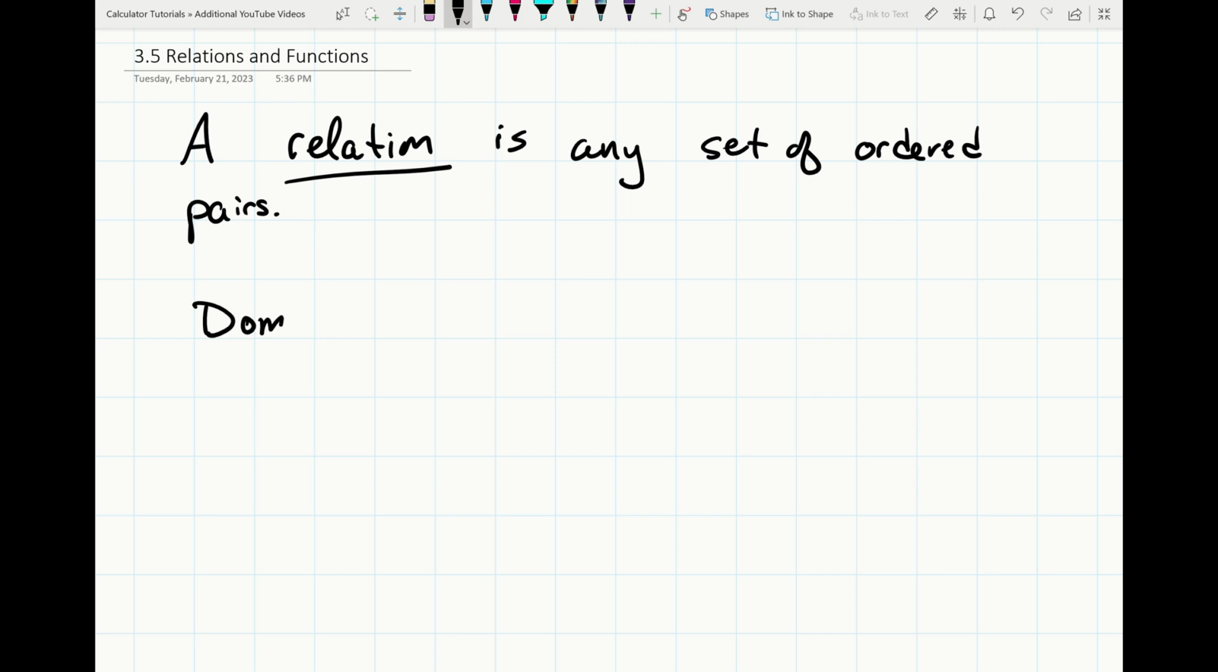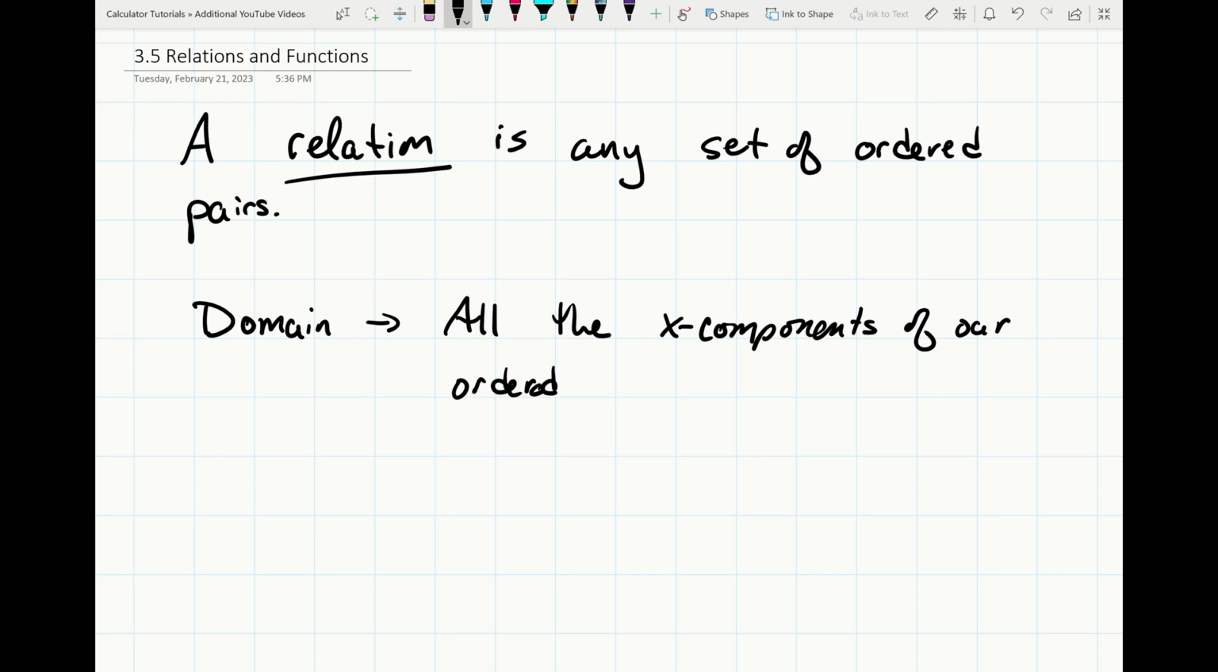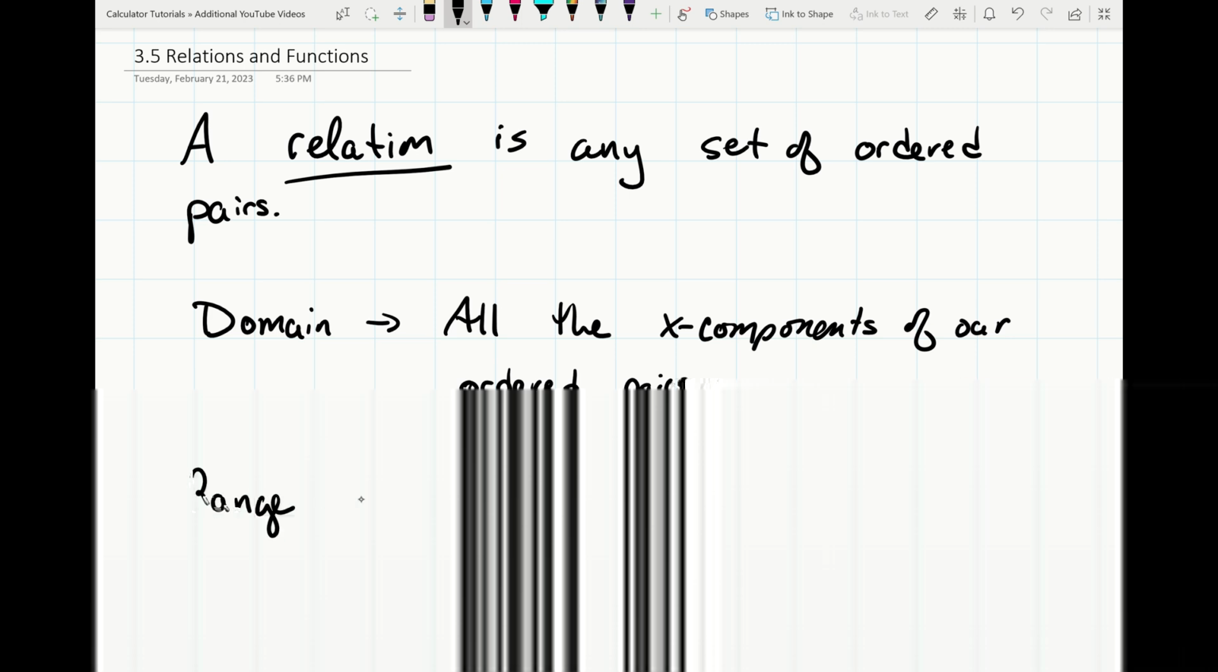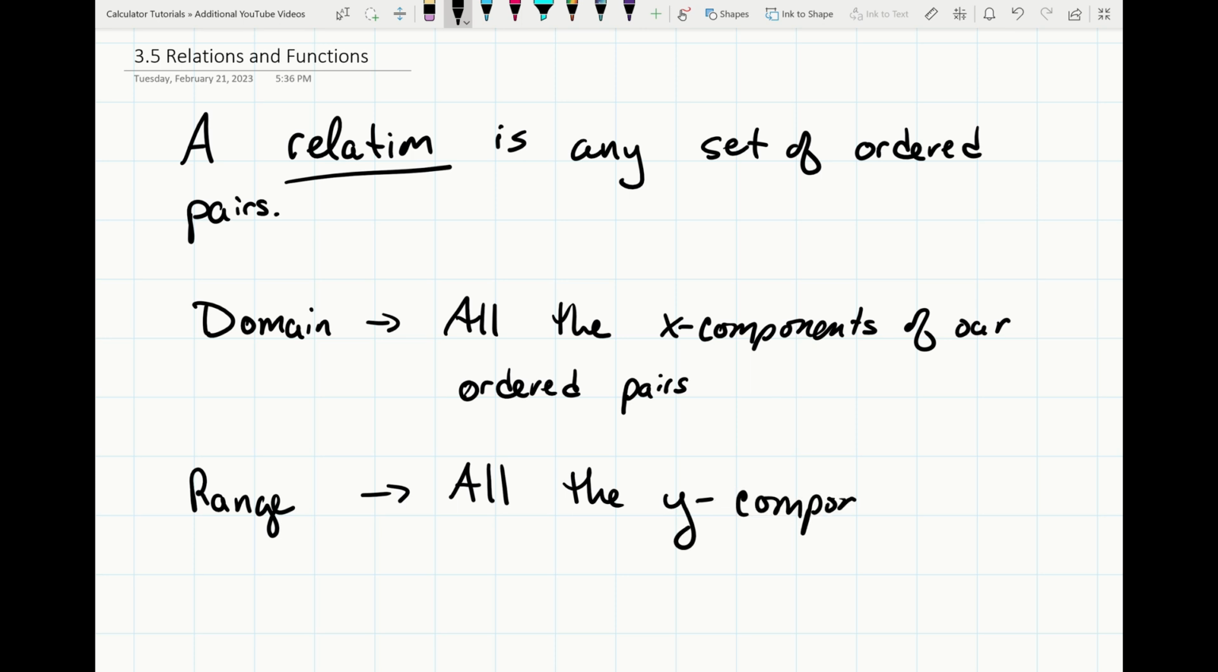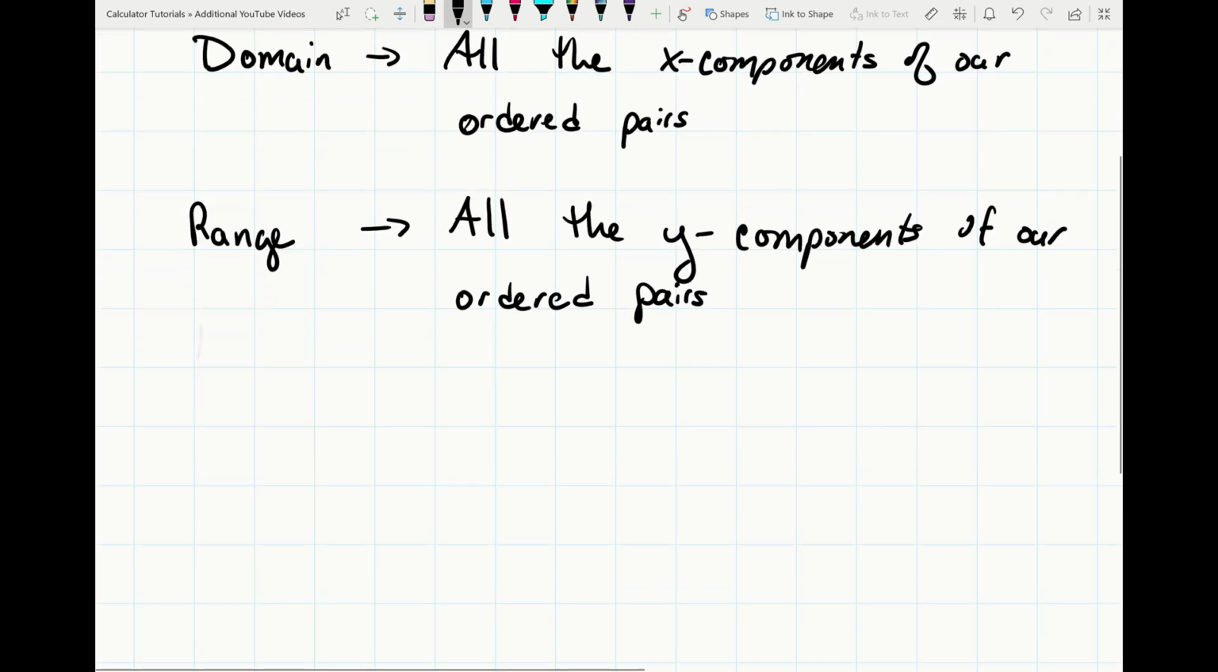So we're going to define domain as simply all the x components of our ordered pairs, and then we'll define our range as all the y components of our ordered pairs. So, for example, here we could just do a really easy example and just say